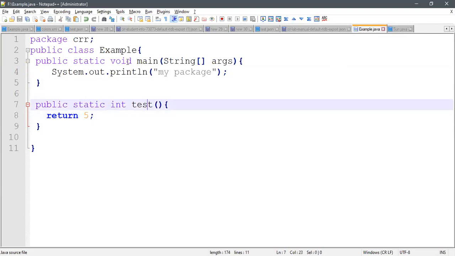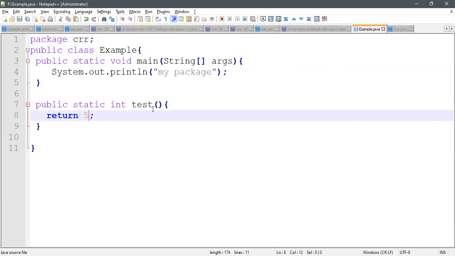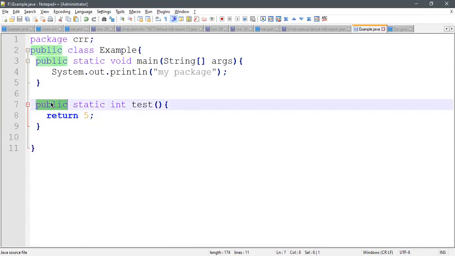When I call this method, I should call it with the name of the class, not by the package. So when I return the value 5, it will be printed. Now I want to remove public and static, so I can show you that error also.